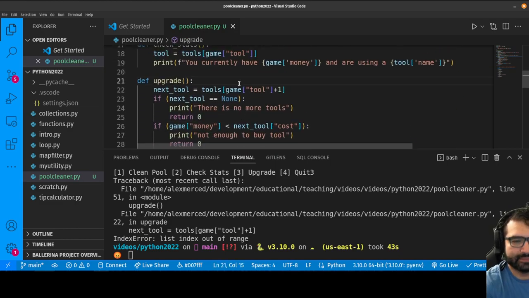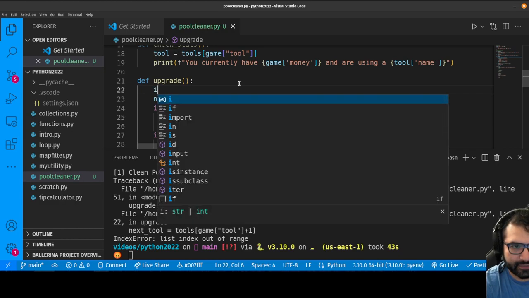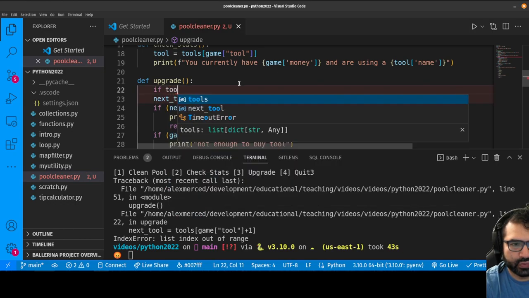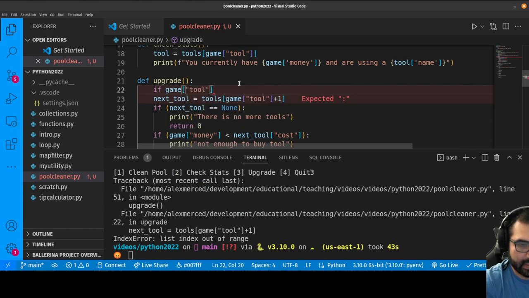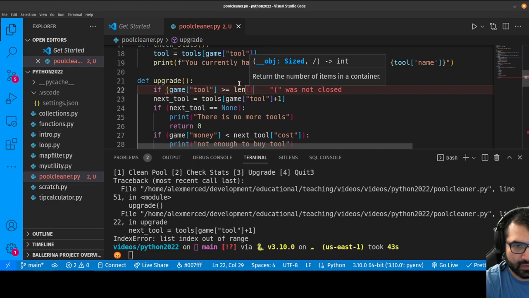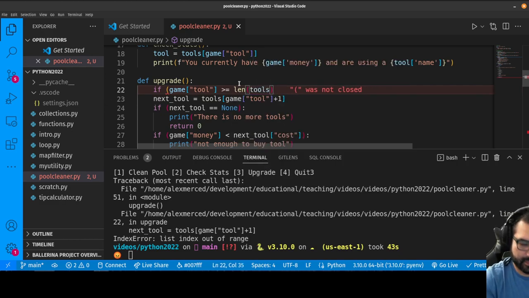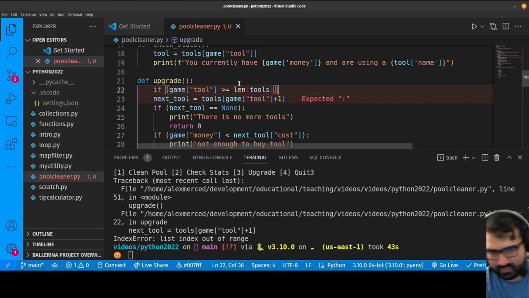We're going to say, okay, if game tool, so if your current tool number is greater than or equal to the length of tools, because basically if that's the case,